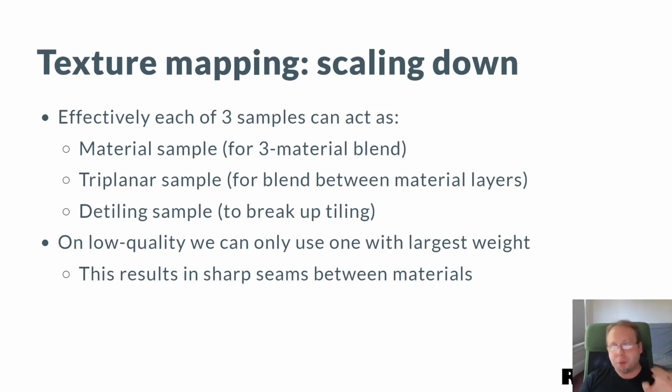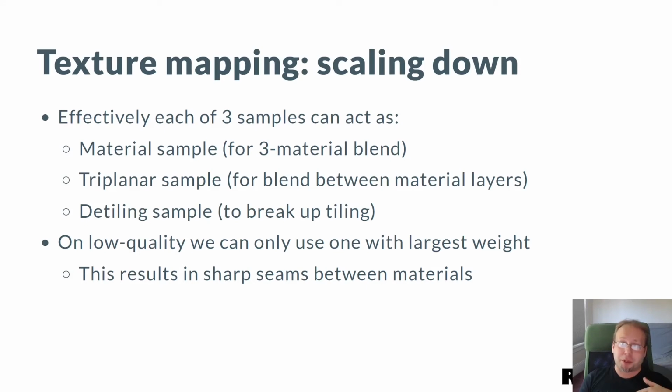Now, what we end up with is that for each pixel of each triangle, we do 3 texture samples, or 9 texture samples if you need a full PBR texture set, but 3 material samples. And depending on the configuration of the triangle, they end up serving different roles. If the materials are different, then we need to do this because we need to blend between the materials. If the materials are the same, we still need to do this because we need to do triplanar. And if the triangle is flat along the ground, so that you don't even need triplanar, these samples still end up being useful to break up tiling.